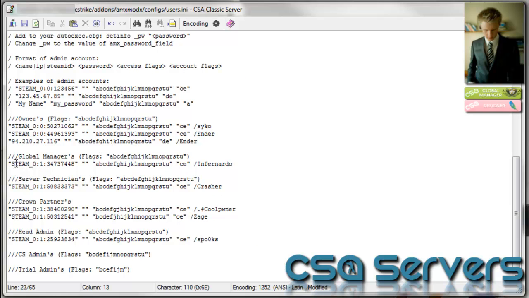So, global managers, once again, you start off with this. Let's say you have a Steam ID and you want to add their admin. Normally you just edit CS admins and trial admins. So if I wanted to add a trial admin, for example,